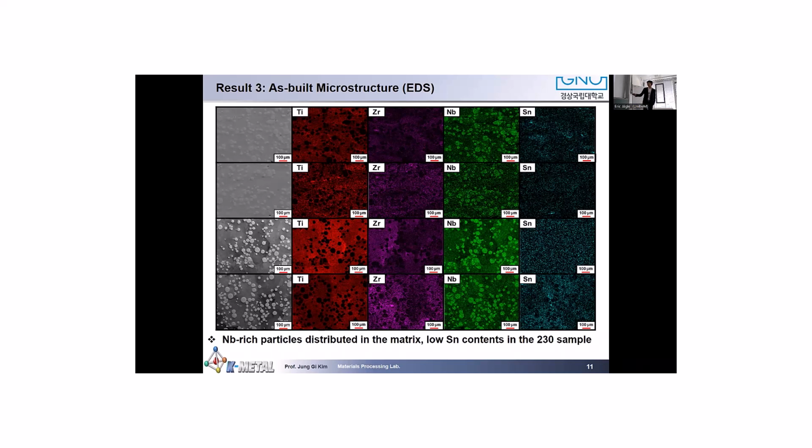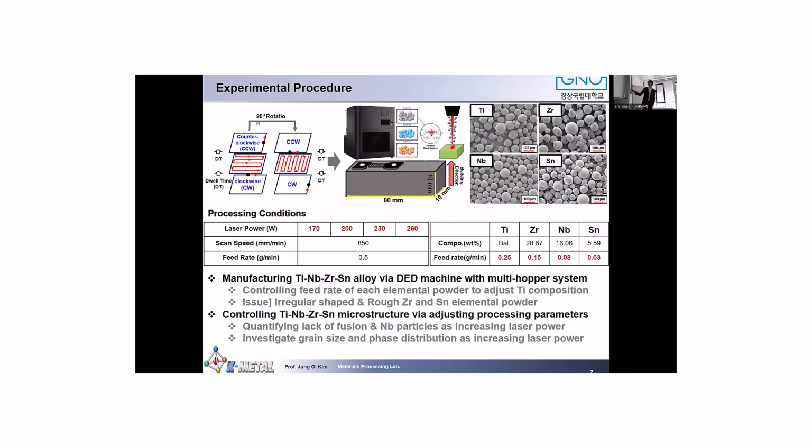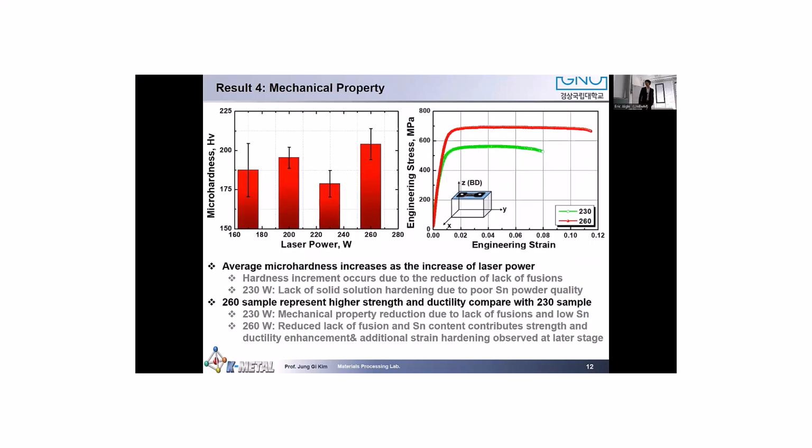And moreover, in the case of the 230 sample, we can find some low tin content because, as I mentioned in the experimental procedure, there are a lot of satellites in the tin powder that reduce the flowability, and it is hard to mix during additive manufacturing. Because of this, the 230 sample shows lower hardness compared to the other samples, while the other samples show